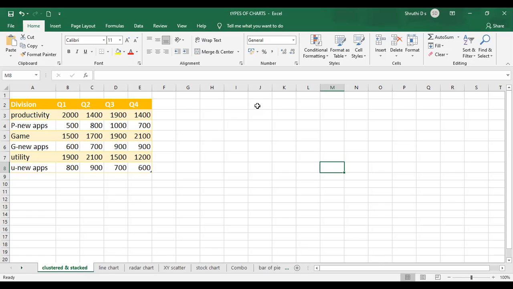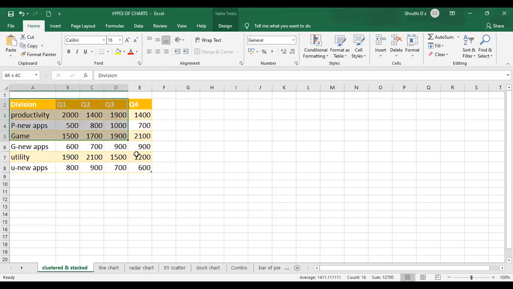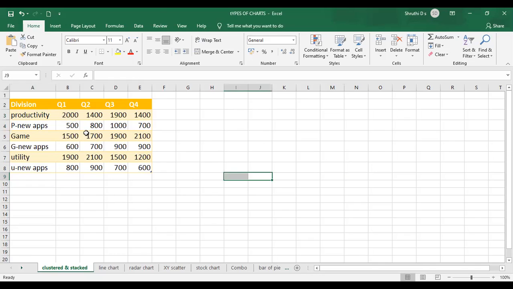So now, as I told you, if I want to insert a chart, I'll just select the data. So now I have some data here. In a company, different divisions will be available, and different modules in each division. In quarter 1, how was their performance? In quarter 2, how was their performance? 3 and 4. So it is charted over here. So this data set range I can insert into the chart as the chart elements.